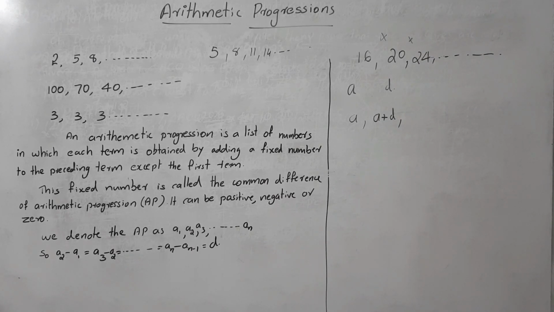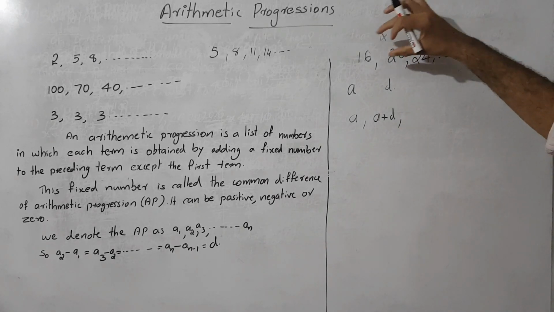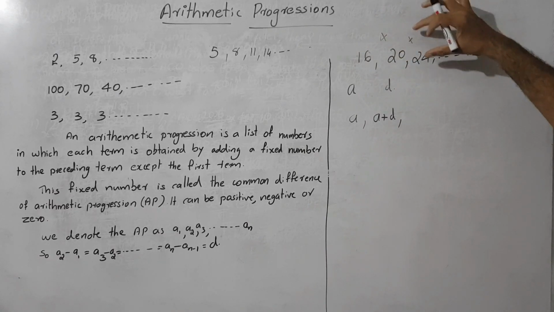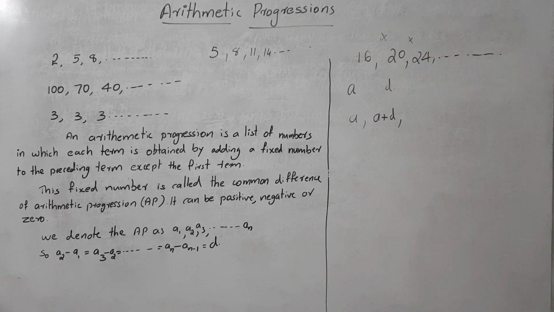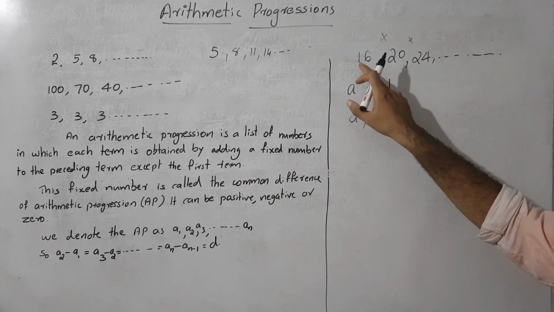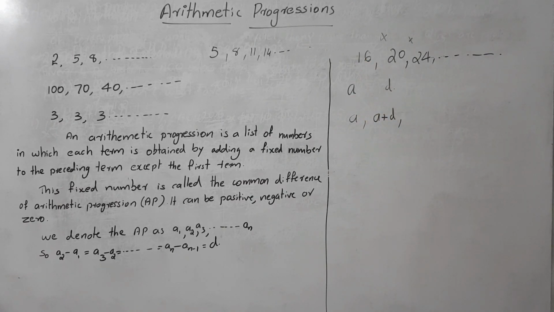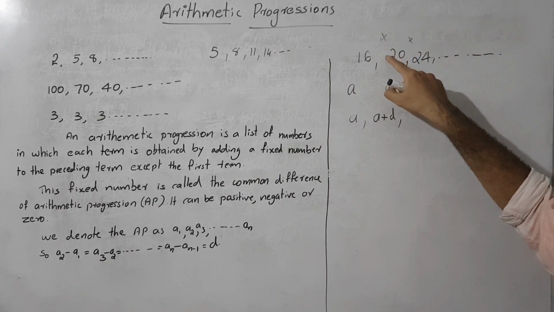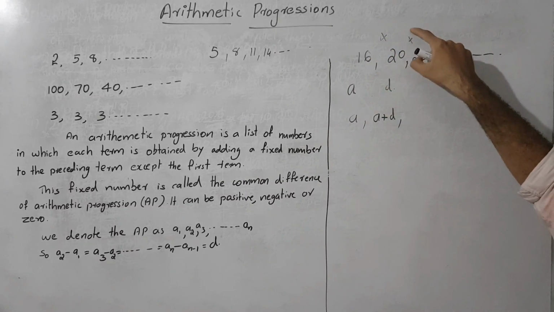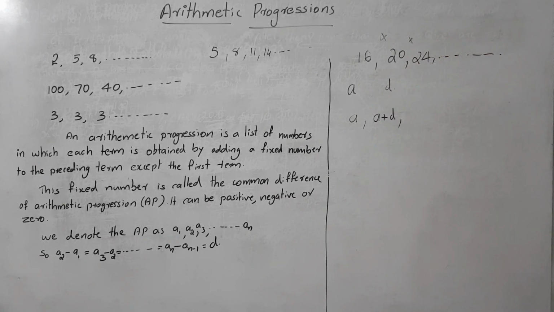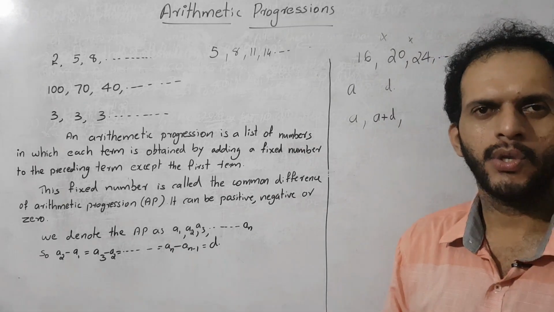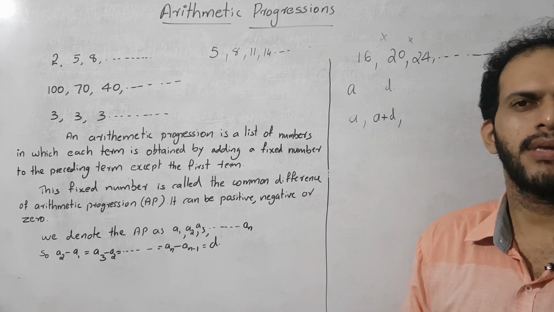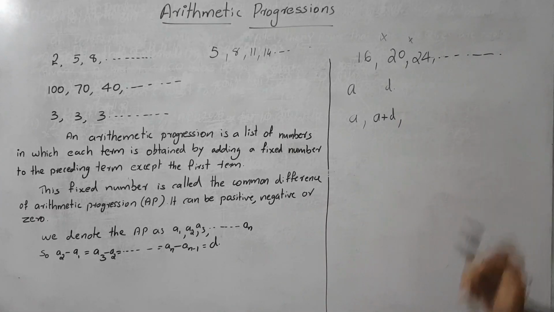On the basis of the first, how do we write the third one? There we add the common difference how many times? 16 plus 4 is 20, 20 plus 4 is 24. Then how many times are we adding 4 to 16? Two times, correct? 16 plus 4 one time gives the second term. Then one more time we add 4, and we get the third. So 16 plus 4 plus 4 is equal to the third term, 24.